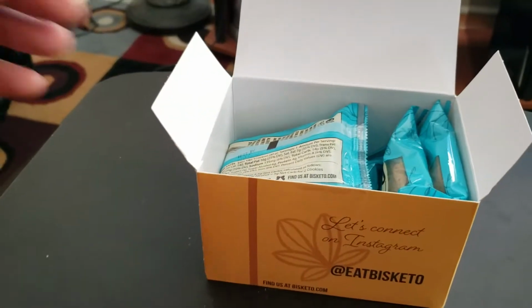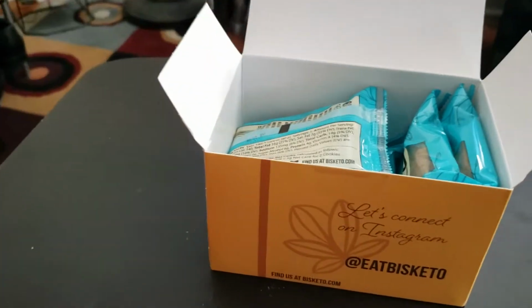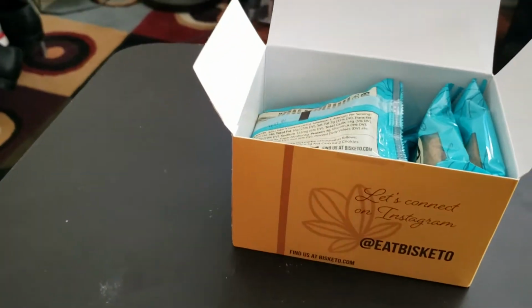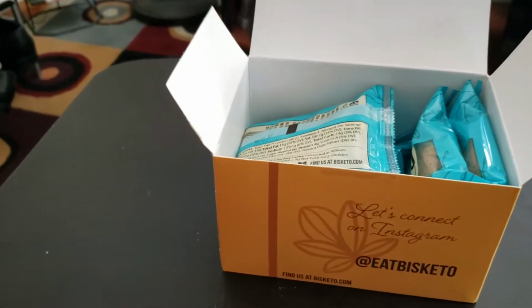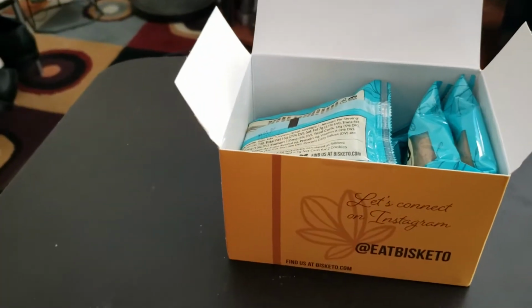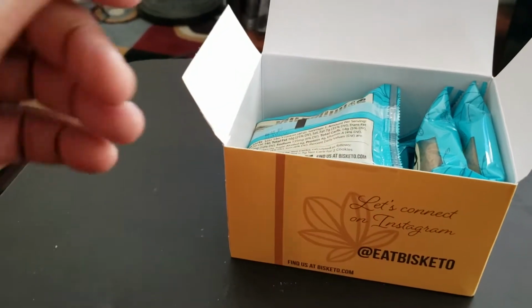But the texture wasn't all that great. It was okay. For $14, not bad. You're getting 6 packs of cookies, 2 each. But all around, I liked it. It's okay. 1 out of 10, I give it a 6. 1 out of 5, I give it a 3. So that's it. My review of the